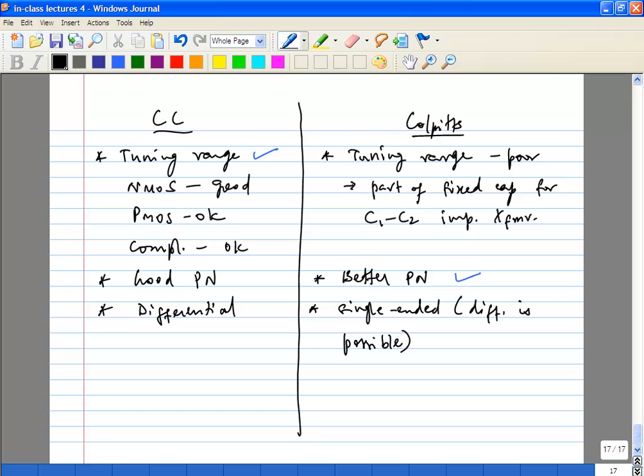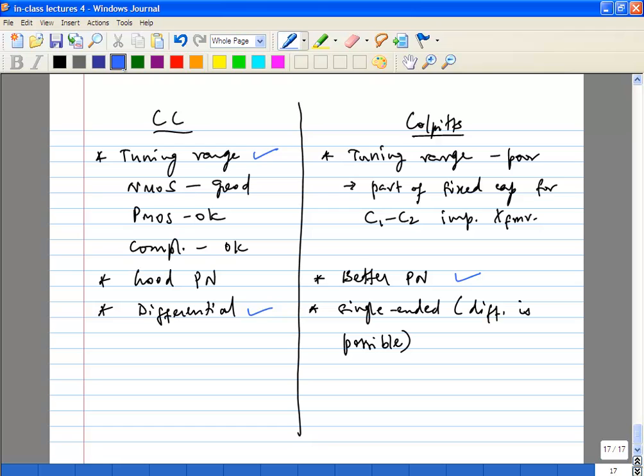Okay, so this basically tells you which one to choose depending on what your spec is. If you don't care too much about tuning range, phase noise is the most important thing, you'd probably want to go with the Colpitts. If your tuning range is fairly important, then you'd probably want to go with the cross coupled anyways. Okay, even though phase noise is a little bit worse,